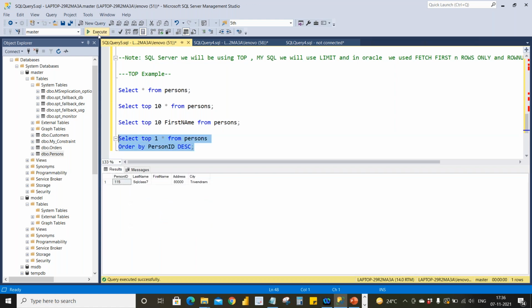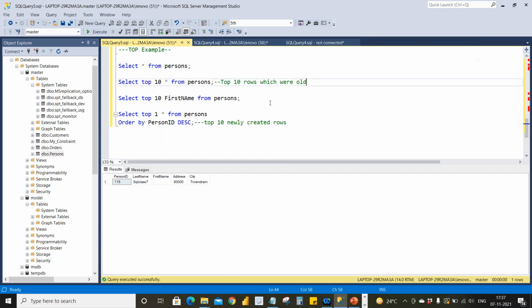So however many rows you want in the result you can get, and you can get the bottom rows and the top rows simply by using the order by clause. So this is about the top clause.